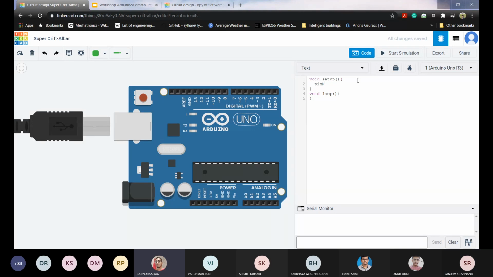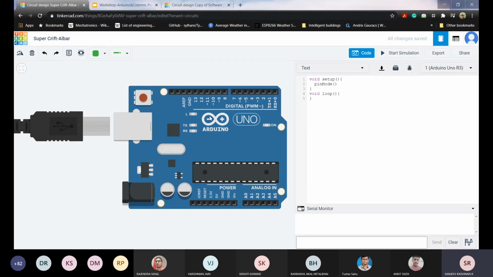Any doubt? No. Okay. So we'll first declare, similar to what you do in a C++ program. We declare variables. Here we declare pins, and we declare variables too. If you want any variables in the program, we can use them, but we have to declare them before using them, right? So we declare pins, whatever pins we are going to use, and their mode.